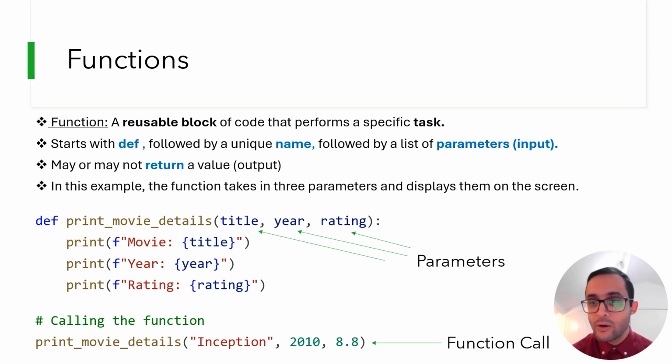A function may or may not return a value. In other words, it may not have a result to return at the end. In these cases, the function task could be to simply display the results or save data to the disk, among other possible tasks. In the shown example, the function print movies details takes in three pieces of information, which are the parameters, the movie's title, year, and rating, and displays them in a formatted way and does not return any